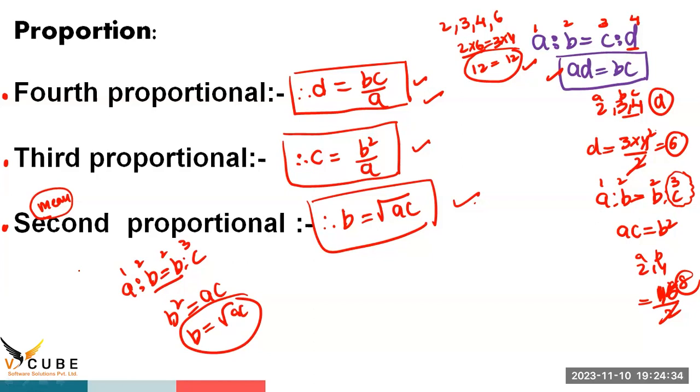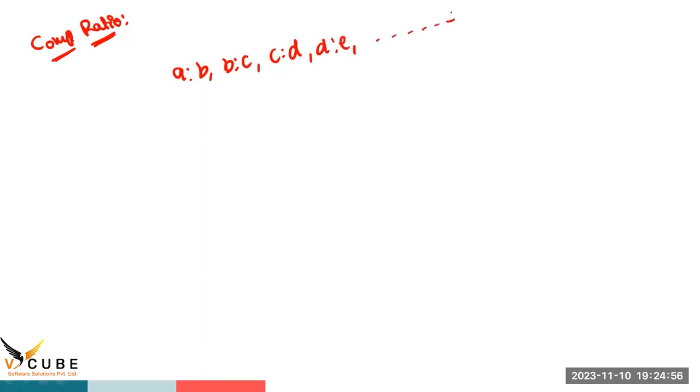Okay, coming to the next point: compound ratio. It's a very, very important point, guys. For example, A is to B, B is to C, C is to D, D is to E, and so on. Find out the compound ratio. A is to B can be written as A by B into the next, B is to C can be written as B by C into C by D into D by E into